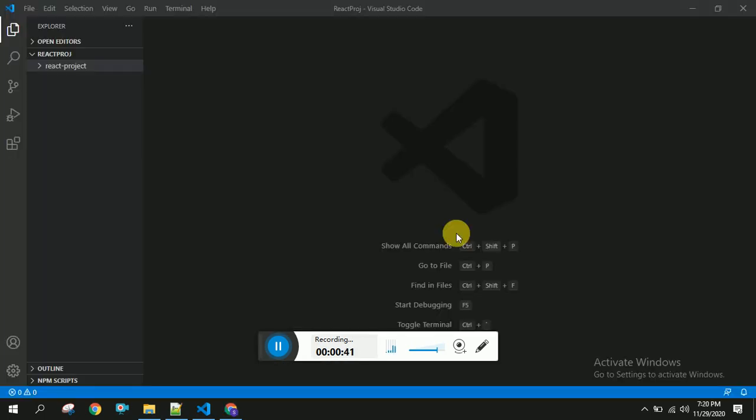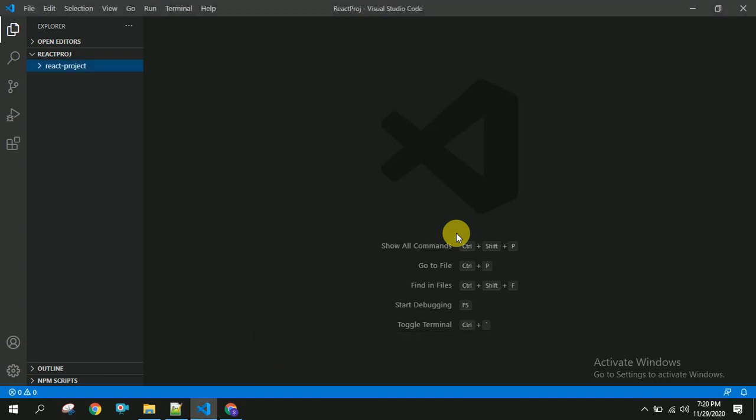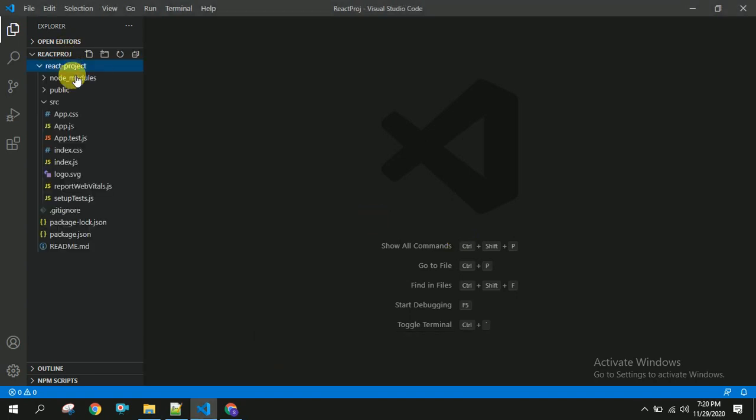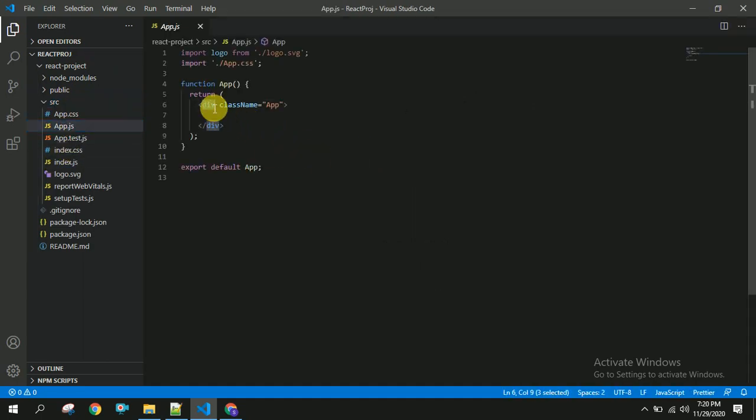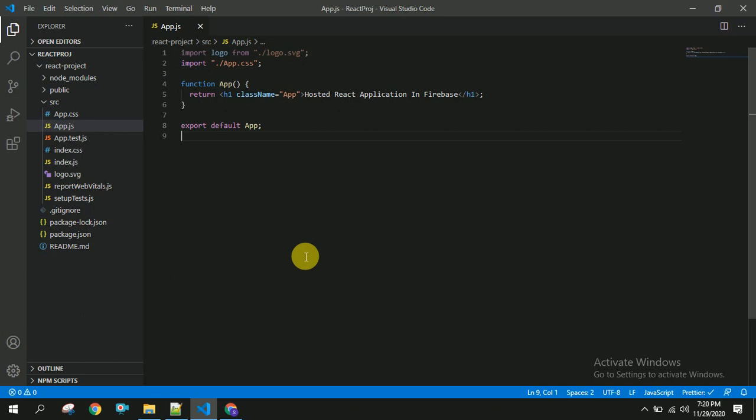So for this I have created a project called React project. You can see here, in this project we have the source folder and app.js. In this app.js I am going to write something, and I am going to write hosted React application in Firebase, and let's deploy this application into Firebase.